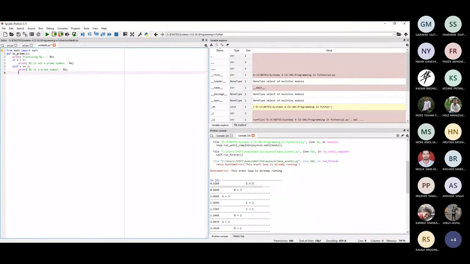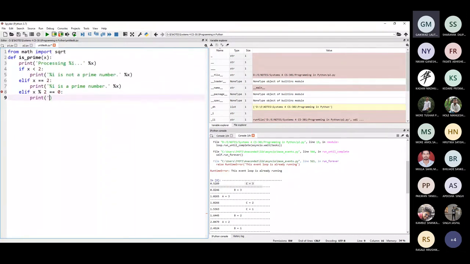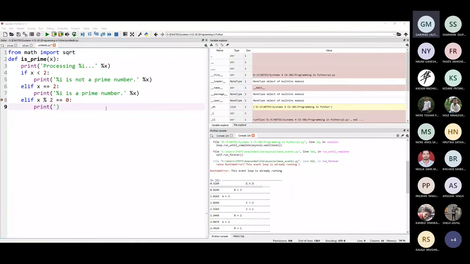And now if it is not equal to 2, if it is some other number, then what do we do? Some other number means now we have to divide the number, x mod 2 is equal to 0. Then what do we do? Then we print. Ma'am, can you increase the font? Okay. So we print